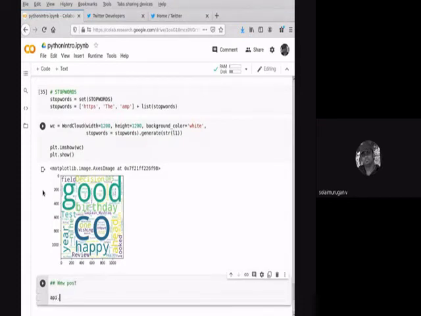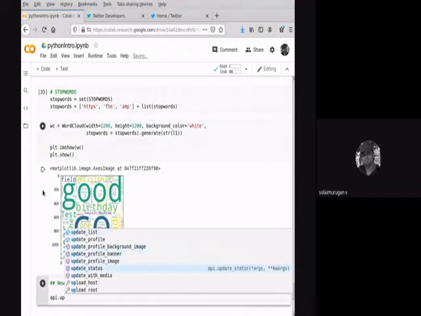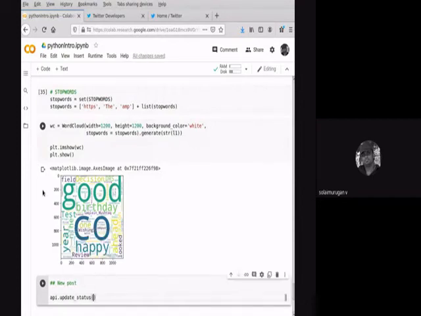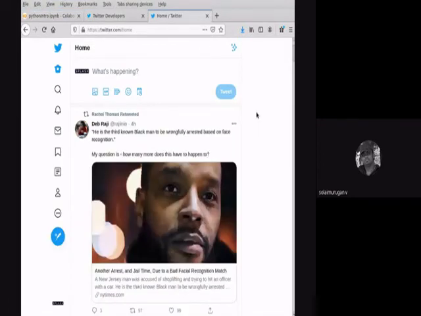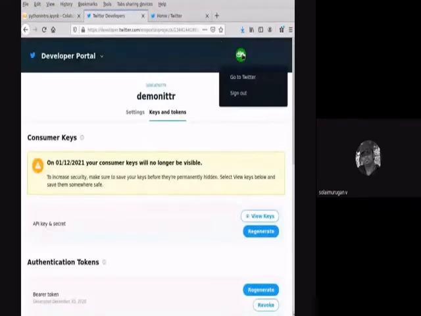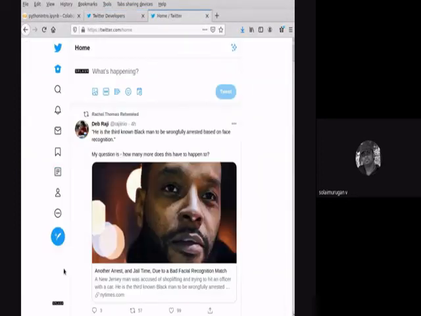So API dot update status. Update status is a function. Let me check which account I created the API under.